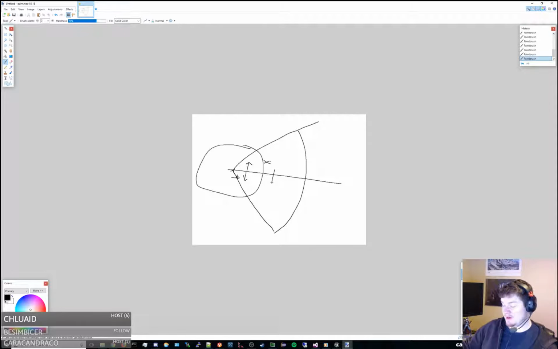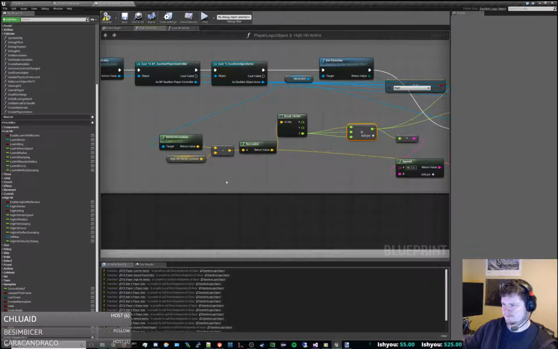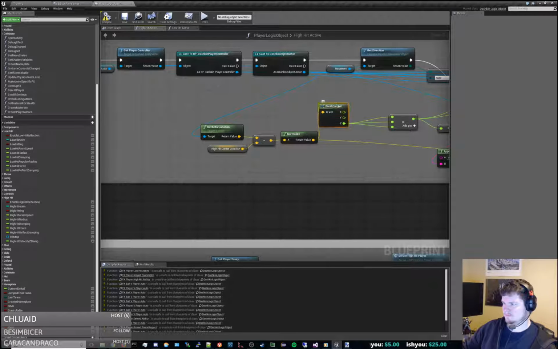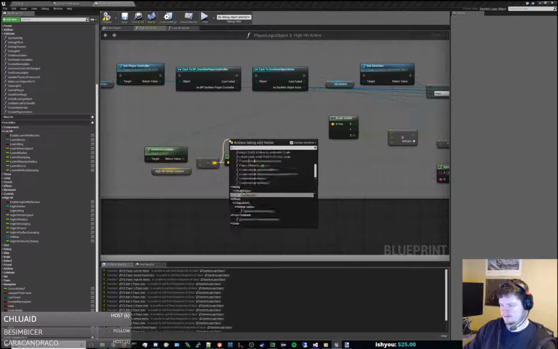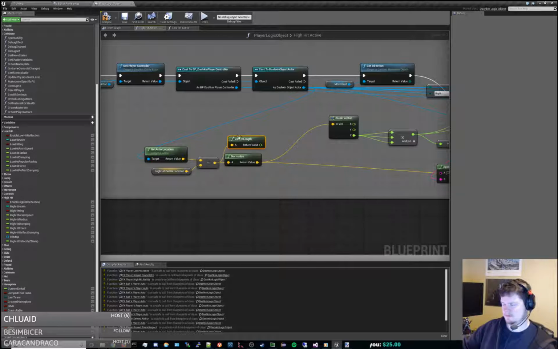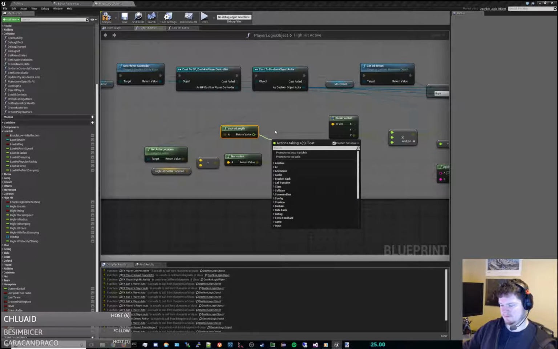We can just divide it by the distance, or we can multiply by, like if it's within 100 units or something, it'll be 0 or whatever. So we fade it in from 0 to like 200, maybe a linear fade. So how do we do that? We'll get the length of this, and we will